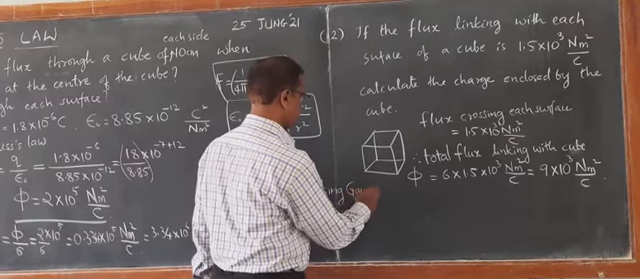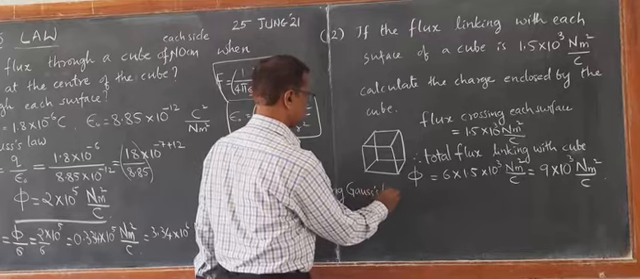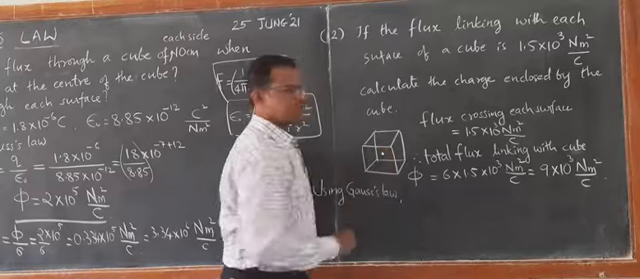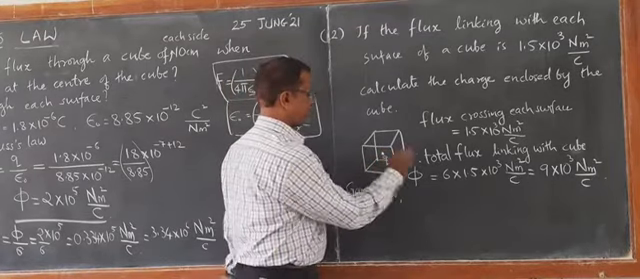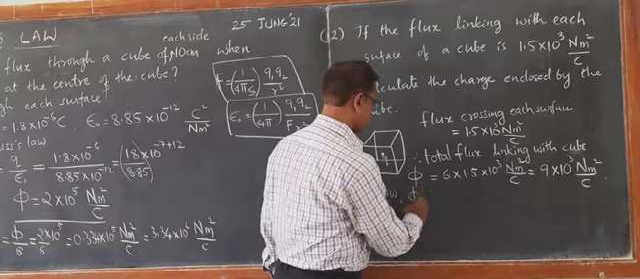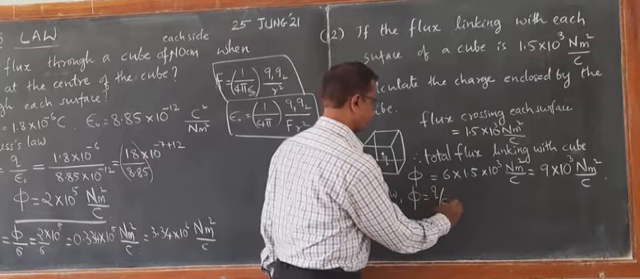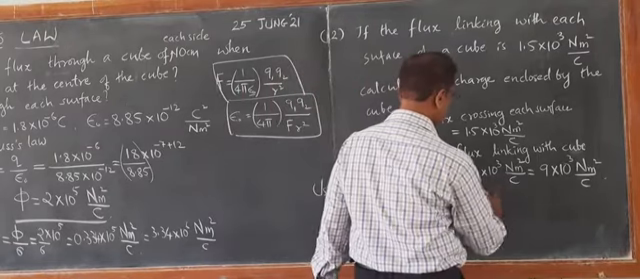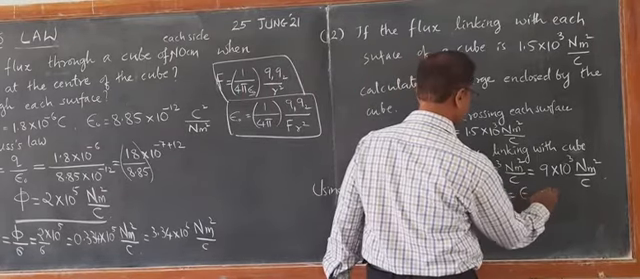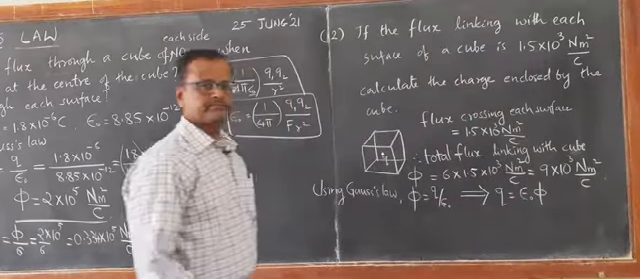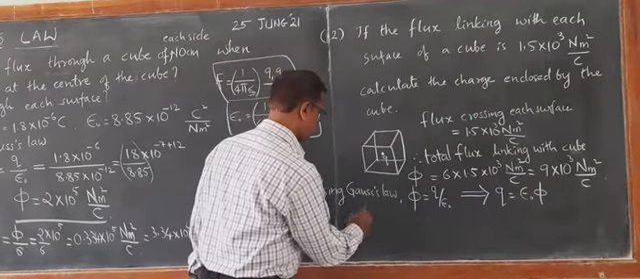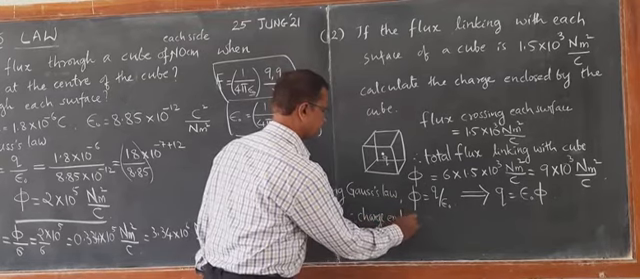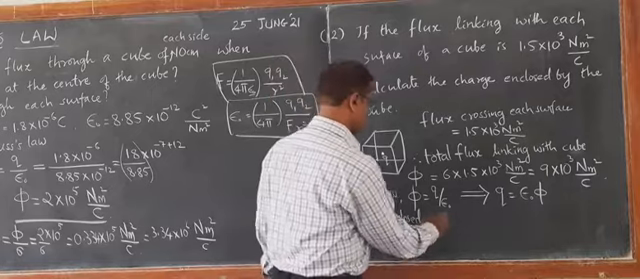Applying Gauss law, if the flux is there, there must be a charge enclosed. So, Q can be now calculated. Flux is equal to Q by epsilon naught. So, this implies Q must be equal to epsilon naught times electric flux. Very simple. Therefore, charge enclosed Q is equal to